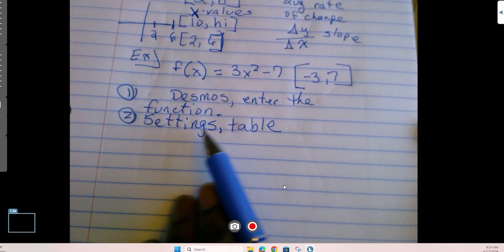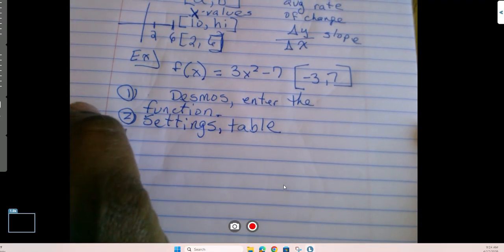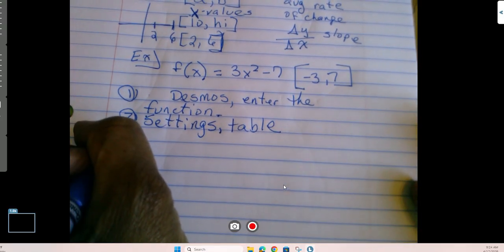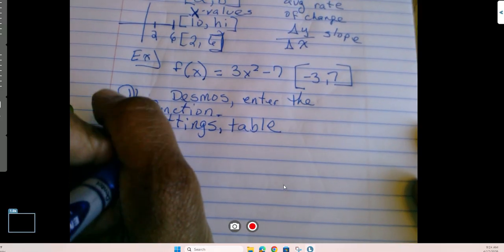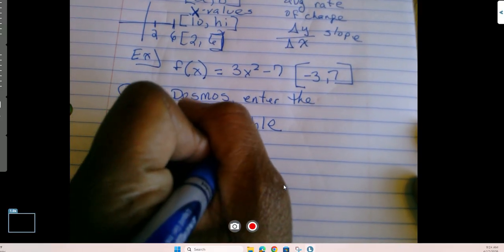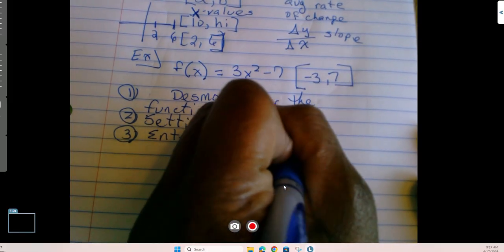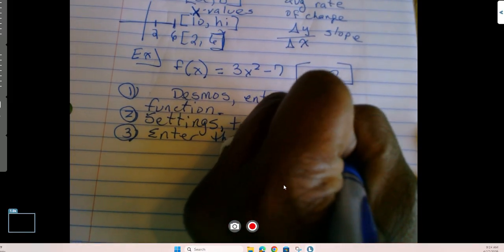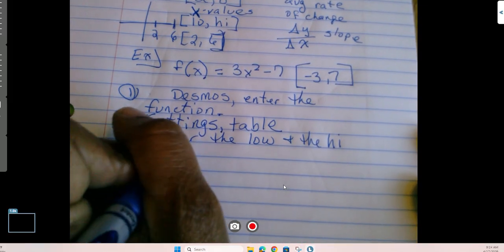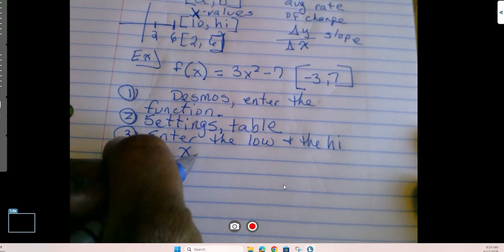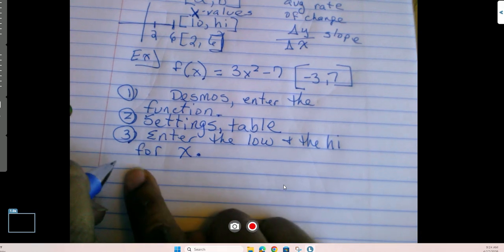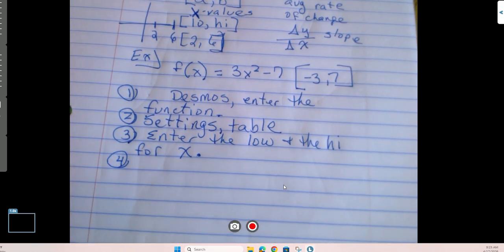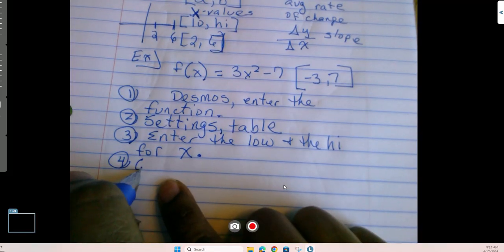After I press settings and table, I enter the low and the high for x. That's going to give you your y value. After you have those two values, we calculate